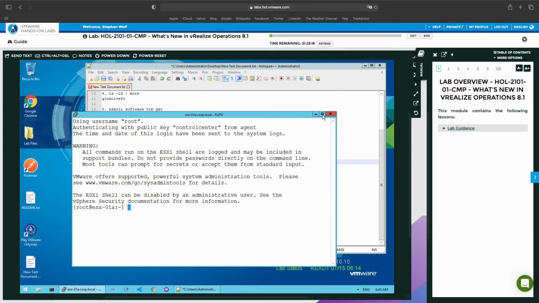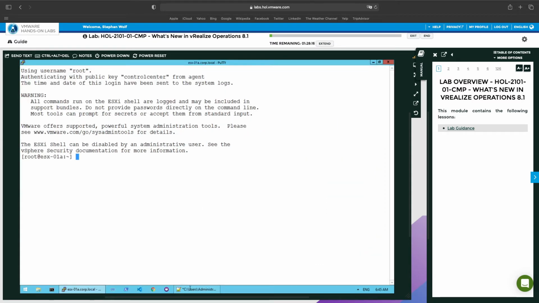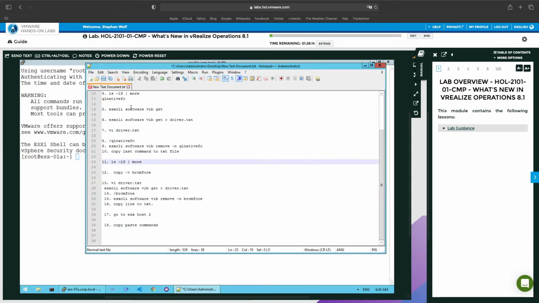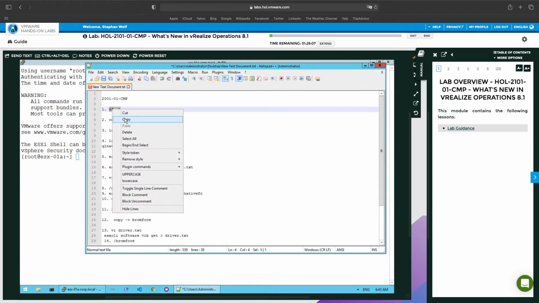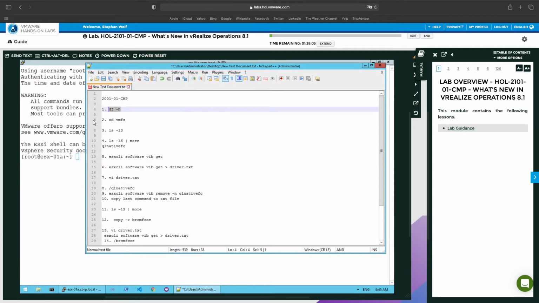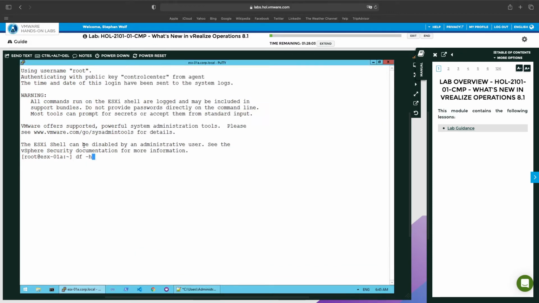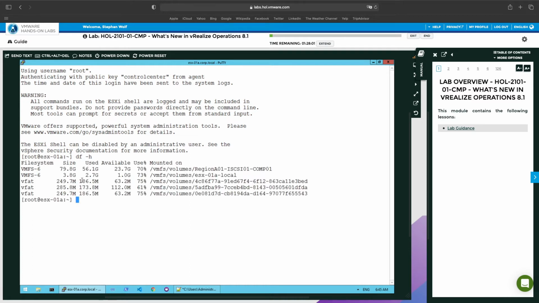Okay. First step is to show the partitions that we have. We do this with the command df -h. And we see here now both partitions, around 250 megabytes each. And we go on the first partition here